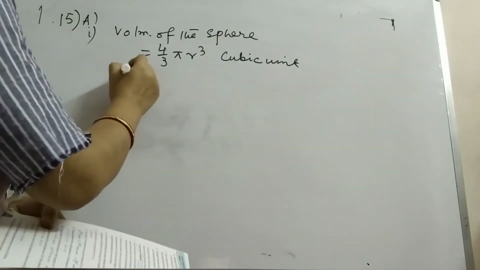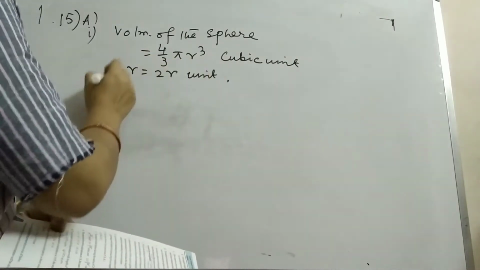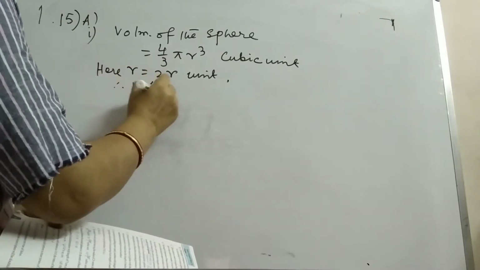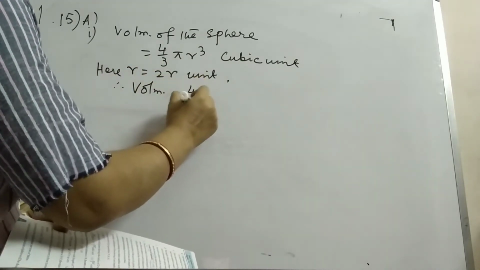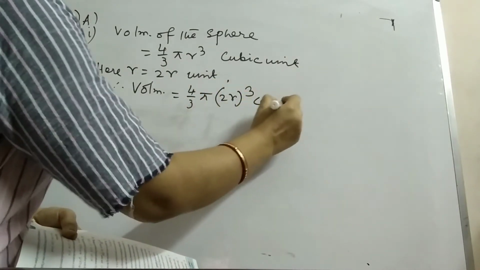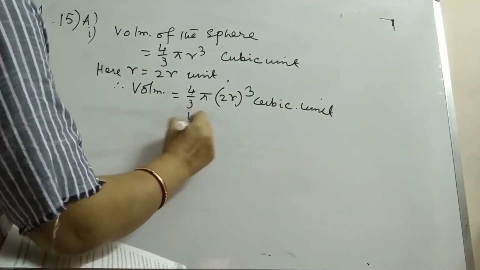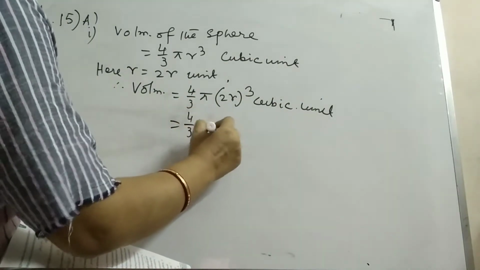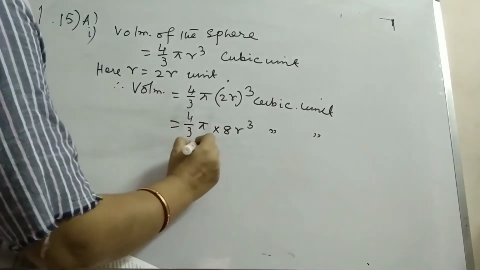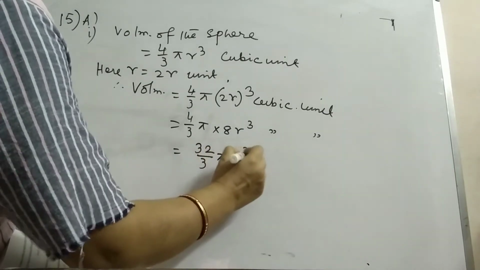Here the radius is 2r units. So volume equals 4 by 3 pi (2r) whole cube cubic unit, which is 4 by 3 into 8r cube cubic unit, equal to 32 by 3 pi r cube